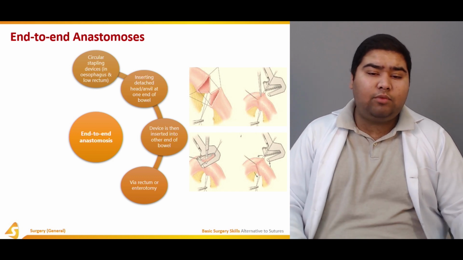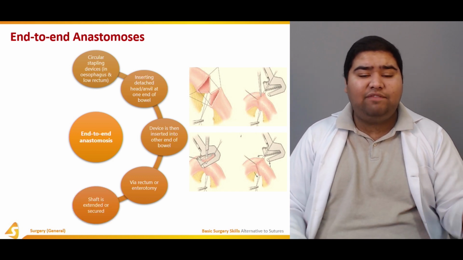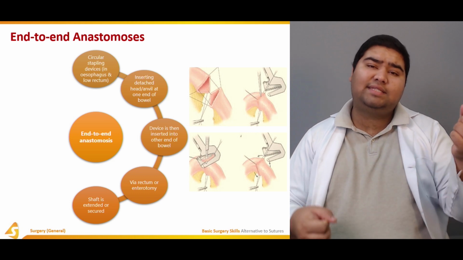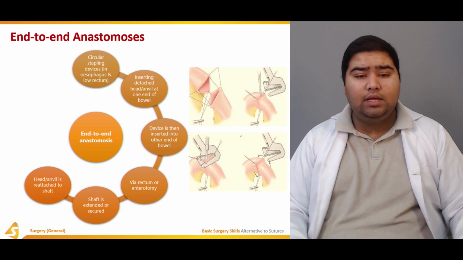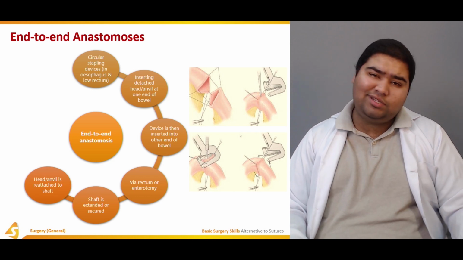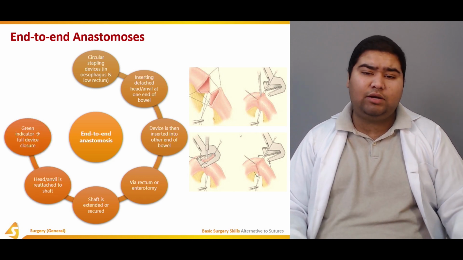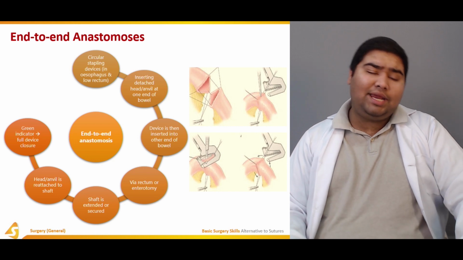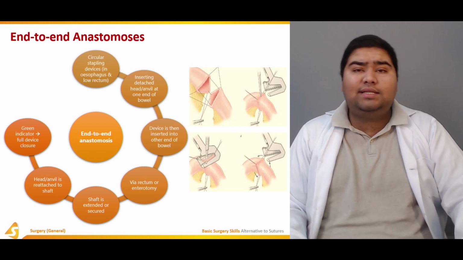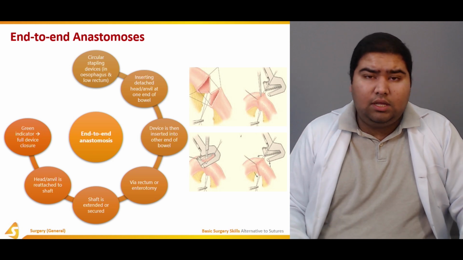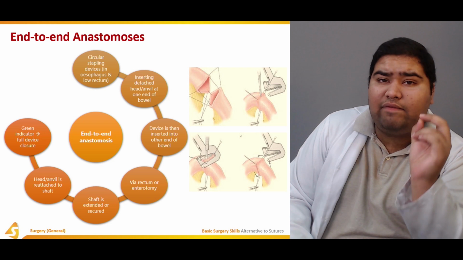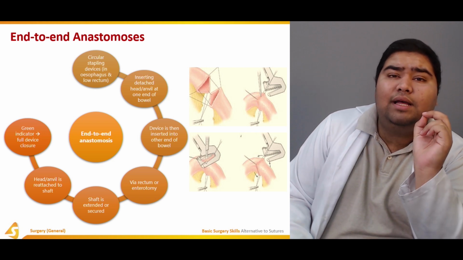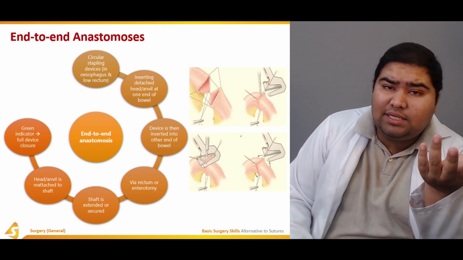Now, via rectum or enterotomy, the shaft is extended or secured. Now you extend the shaft and you connect both the ends that were in different tubes. Now the head is reattached to the shaft, as I've talked about earlier. Now the green indicator shows that the device is now fully closed. So a fully closed device is indicated by a green indicator, and when that green indicator button is active, you